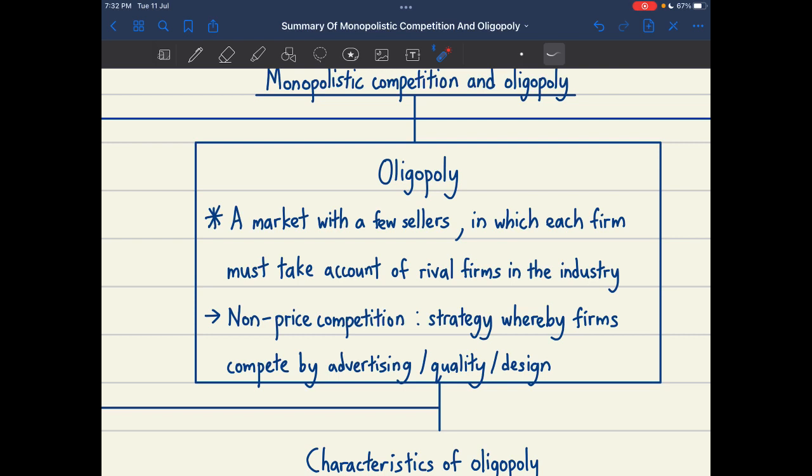So compared to perfect competition, monopolistic competition is basically when you have a lot of firms, but then because of the fact that their products are actually